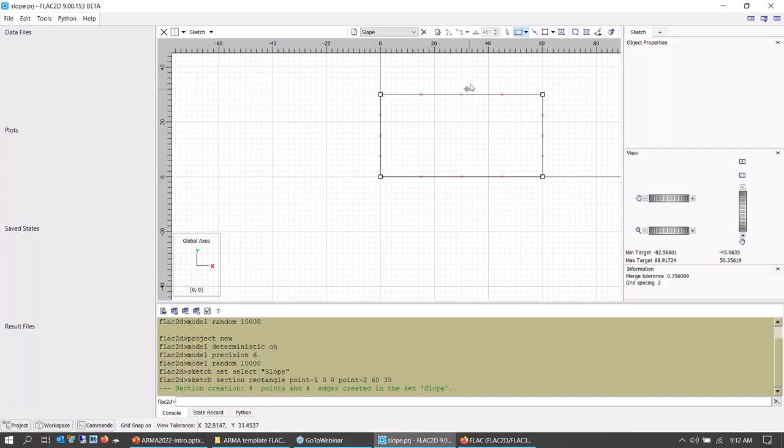Now maybe I want to put this more in the middle. If I click on this again, it's going to draw another rectangle. Instead, I just want to select things or move the plot around. I need to click on this little arrow. So this tool is the drawing tool, and this arrow is the selecting tool. If I click on the arrow,